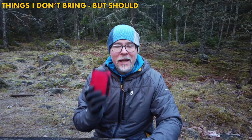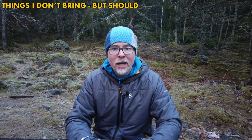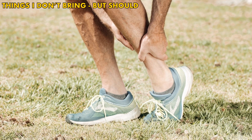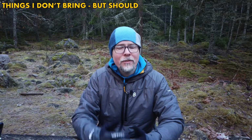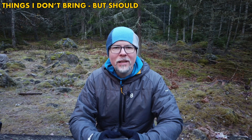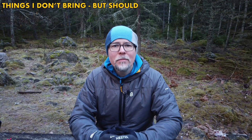Now, my first aid kit might not be perfect. And when thinking about it, there are actually a couple more things that I would like to add, like athletic tape. If you sprain an ankle and need some support, it can be good to have some. Another good idea is to bring some meds for your stomach, like if you get a stomachache or diarrhea. And that is actually very common when out hiking and a high risk. And I have nothing to treat that, so I believe it's a good idea to add that to my kit